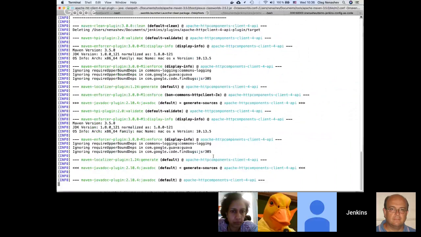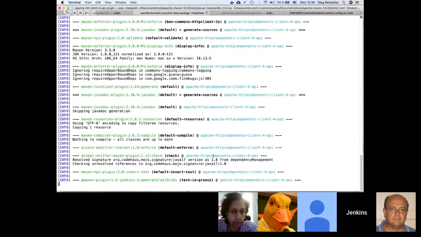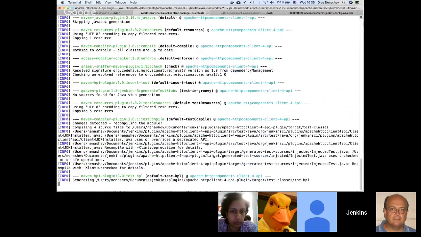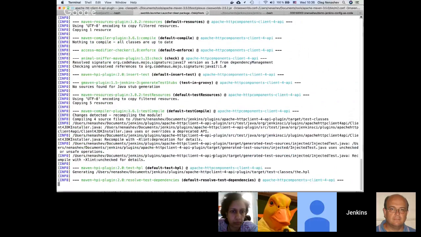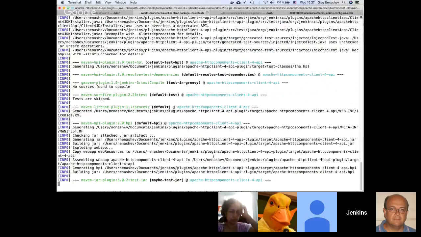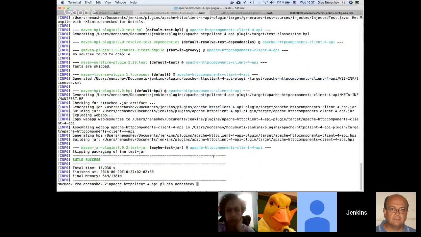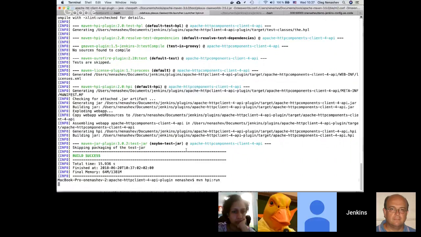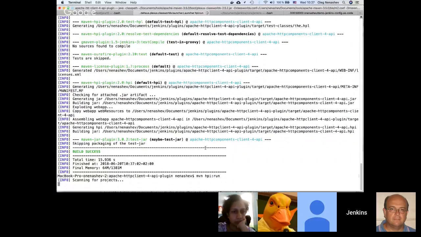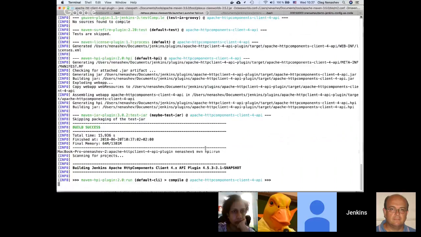It's fine for development, because if you want to prototype something, we still have continuous integration established for all popular Jenkins plugins and for Jenkins core. So even if you submit an untested patch, it will be tested. Okay, and then I can click Maven HPI run and get my plugin development code base running. Okay, so something like that.